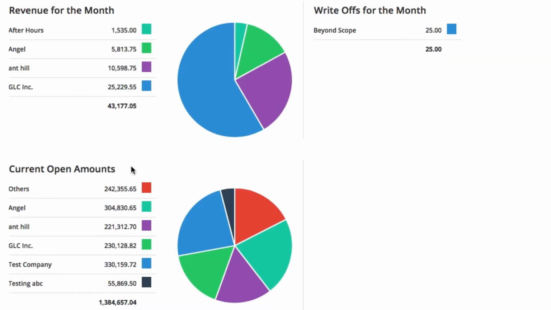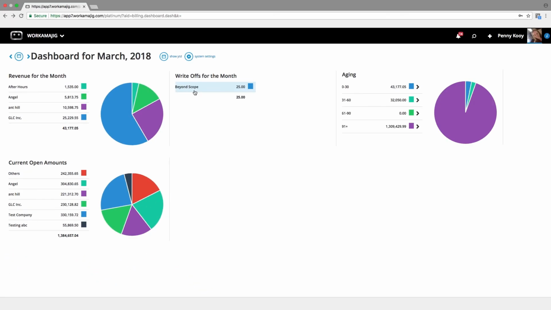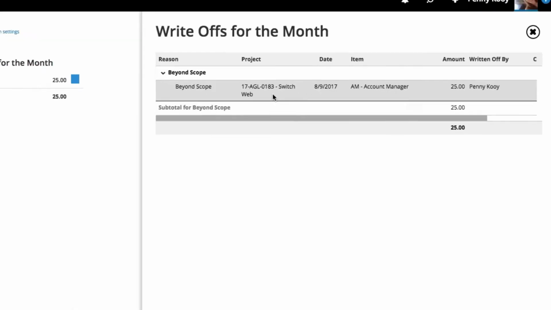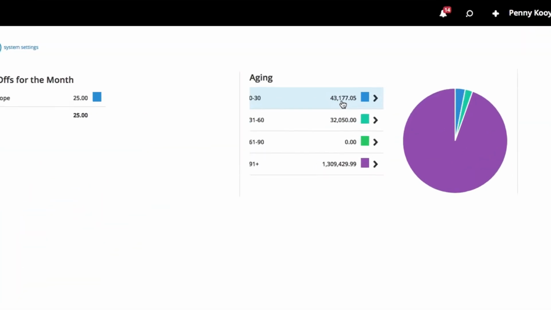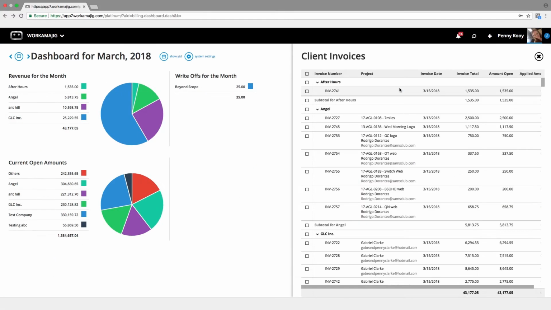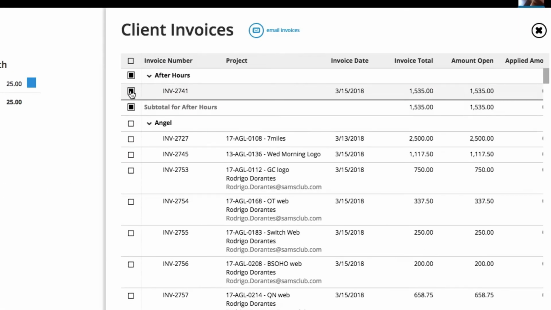So if I want to know what project did I write this $25 off of, I can drill into it and see exactly which project. If I want to know what invoices are aging and which ones are aging out the longest, I can drill into any of those. And as an added benefit, if I select any of those, I can re-email them over